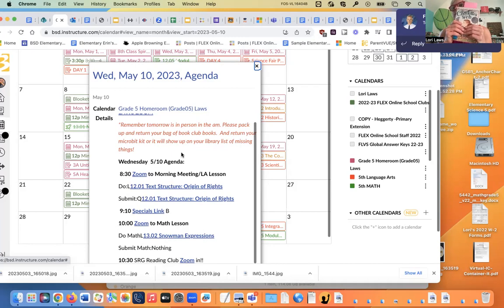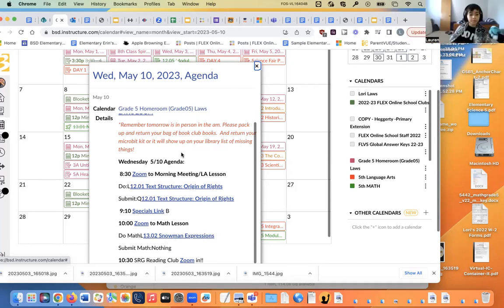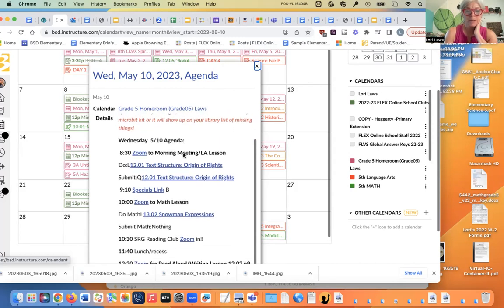And Untitled, you guys too, did you pick a book for your next book? I'm done with all my books. I know, but Lauren, you're supposed to be reading them so you can talk about them with the group. So hold on to the one that you guys are reading. So Amadi, did you guys choose the next book? Okay. Yes. You did? Okay. So keep that book, but return all the others if you can. That would be great. And also return your microbit kit, because otherwise it's going to show up as late on your library thing.